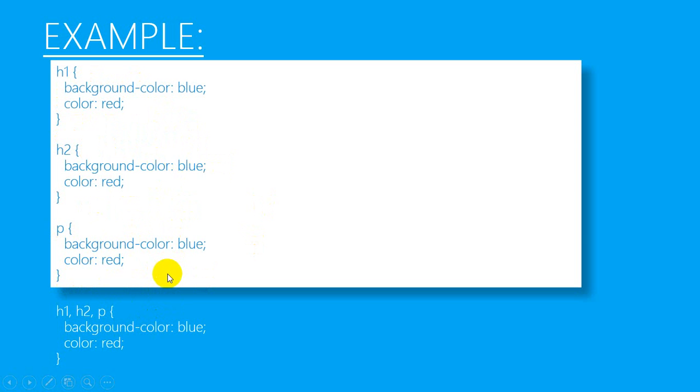There might be a question in your mind: sir, in the last lecture we saw the star or asterisk, the universal selector. In our previous lecture we saw the universal selector, in which we use the asterisk or star symbol to assign the same effect to all HTML elements or CSS selectors in a page. So why are we using grouping? The difference between grouping of selectors and the universal selector is that by using the universal selector you can make changes to the whole page, but by using grouping of selectors you can assign CSS on